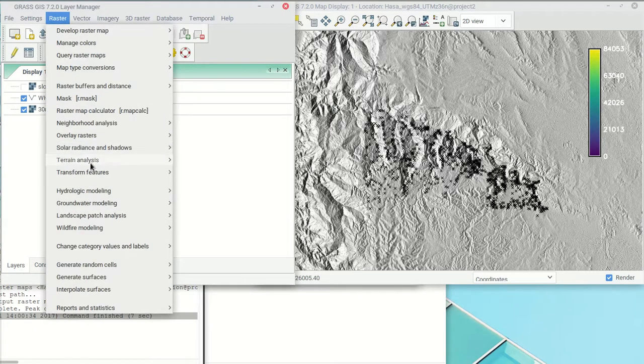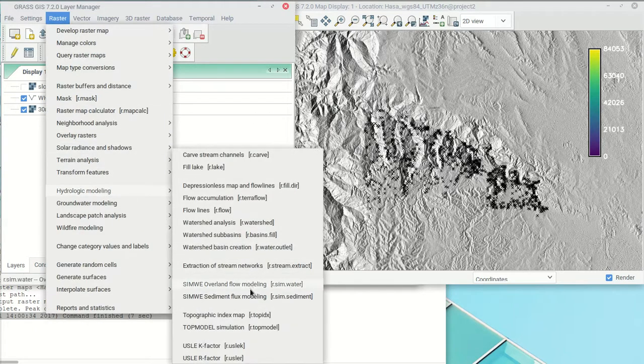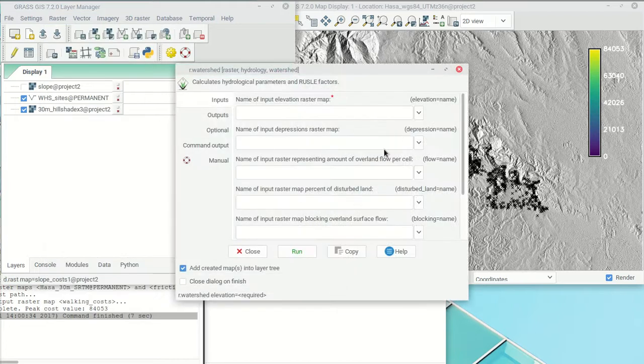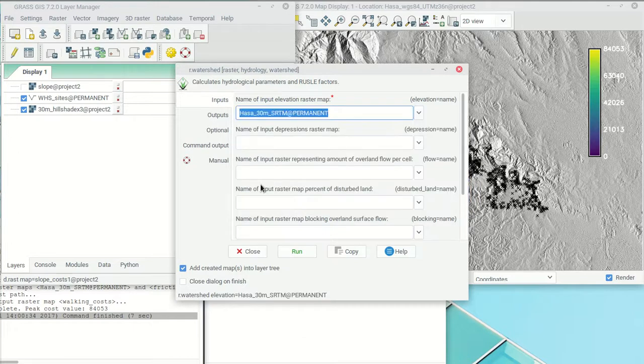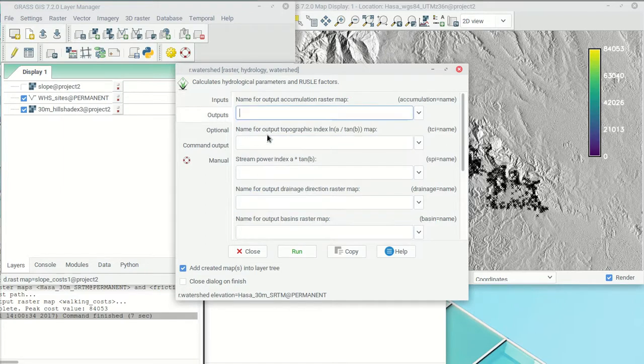So to do that, we go to the raster menu, hydrologic modeling, and we pick our watershed. There are a variety of tools that will let us do something similar. I personally like our watershed for most landscapes, for most scales of landscapes that we're going to be working in. All right. All we need to do is to tell it the name of our DEM, HASA 30-meter SRTM. These other things are important for other kinds of outputs from our watershed, but in this case, we're really only going to output the flow accumulation map, flow ACC,